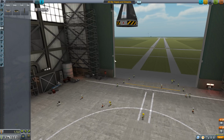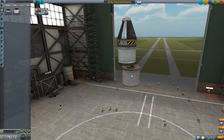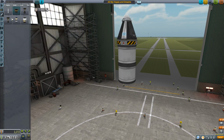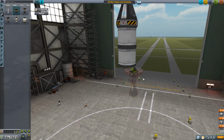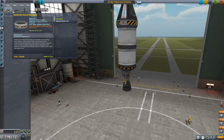Okay. Then we know we need to test the swivel engine. So this is actually abundantly obvious, I'm assuming. This rocket is going to look very similar to our last one. But I kind of like doing it all at once here. And we're testing the swivel. I will double check that just before we take off. It's not a ton of fuel. But you know what? Let's try to make it work. Again, if it doesn't work right off the bat, we can always